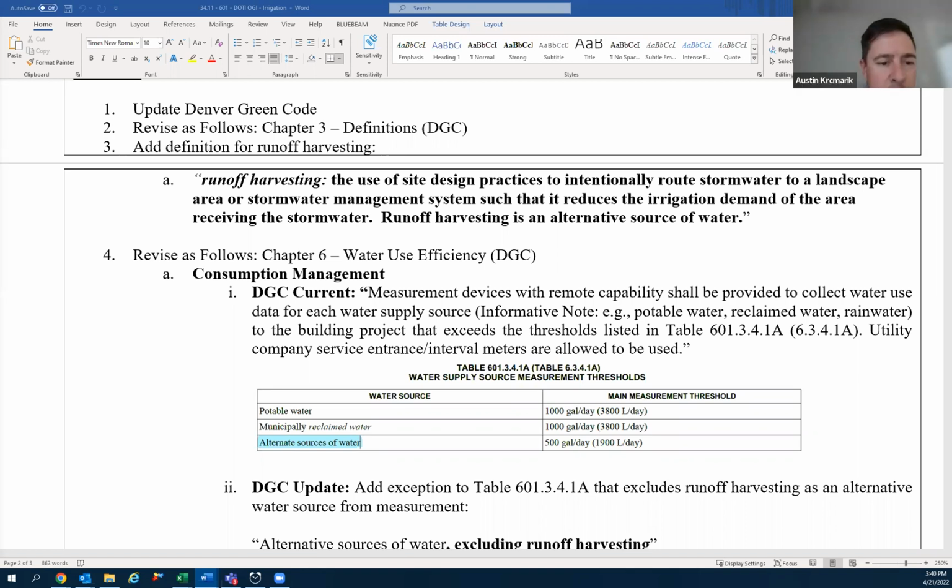Yeah, I can jump in on that. That was to start requiring more metering for specific use types. So if like landscape use was using some amount of potable water, we wanted to see a sub-meter put on there. And I'm not sure exactly if this is the only place that this table lives within the green code,